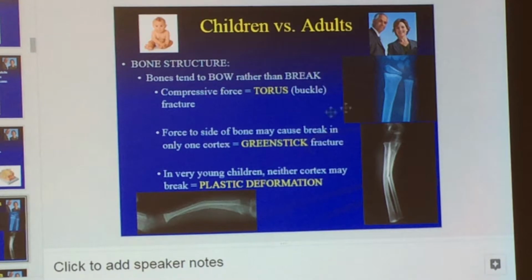Another thing, they can also have the greenstick fracture, which, if you think about a young branch on a tree, it will bend and it will crack, but it won't actually shatter through. The other thing you can have is plastic deformation, where you can actually see the bow of the bone, but no fracture is really evident when you zoom in on it. So they can have these things that we would not have as adults. And what do you